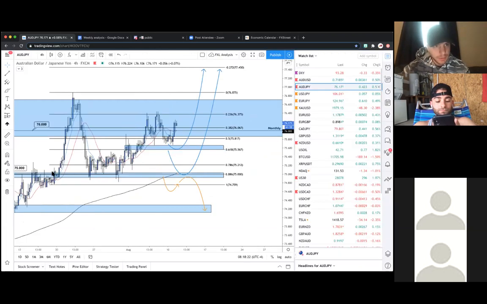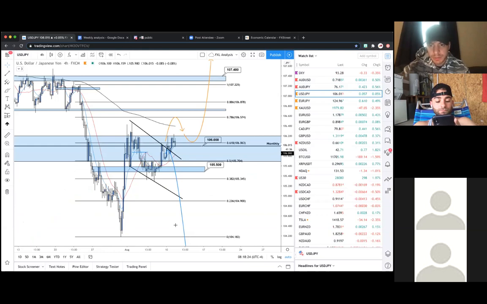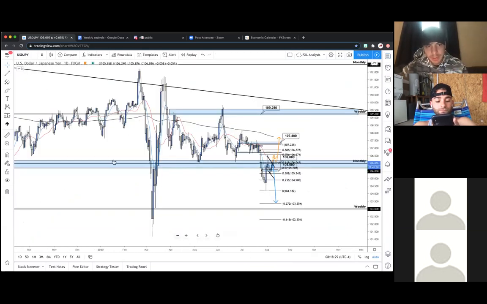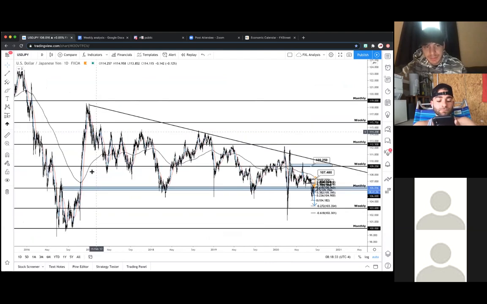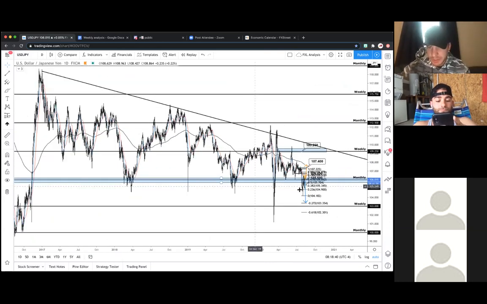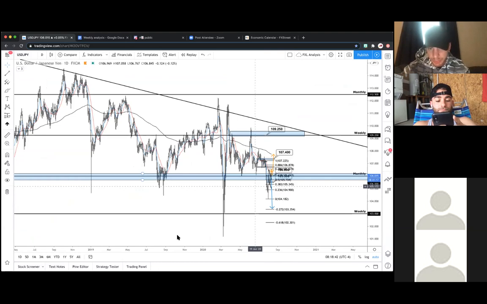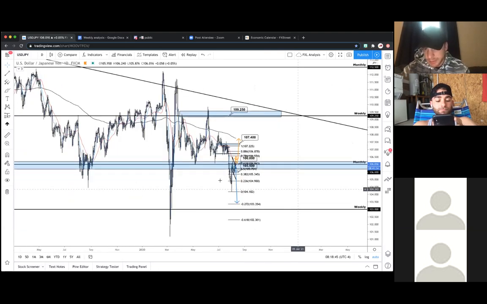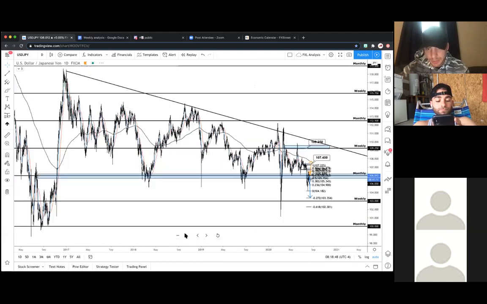Okay, daily time frame. Looking at the overall trend, super bearish, huge descending triangle, right? Absolutely huge on this daily time frame. It's been forming since January 17 all the way to now. Huge pattern, okay? So we know it's bearish. The significant zone is this monthly here because that has been the support that's been tested all the way back since March 2018. It's been established, it's been holding, okay?